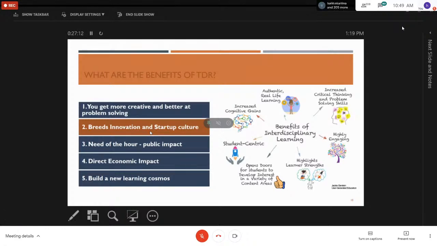The mood or the flavor of the hour right now is innovation and startup culture. There's so many innovation and startups that are coming up in India. And if you look at the startups, it is never a startup that has founders from one particular field. It is always startups whose founders have had exposure to two different fields. They would have been an IT consultant who branched over into a completely different field, right? Say